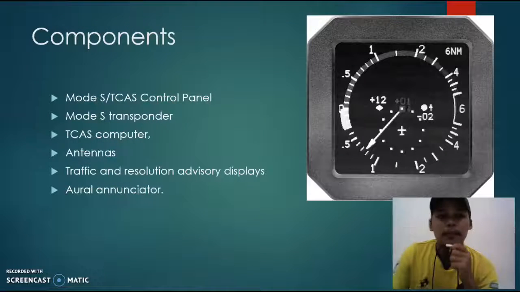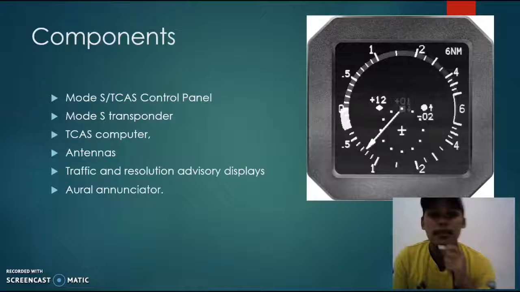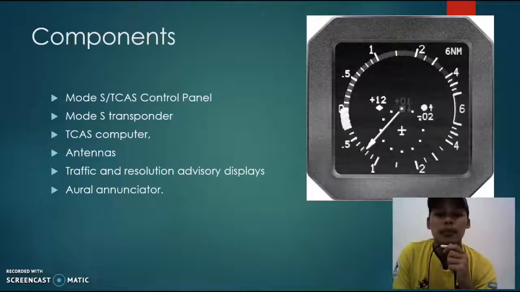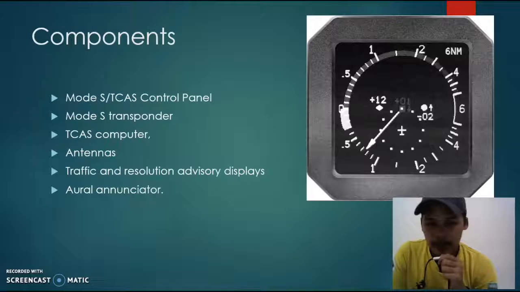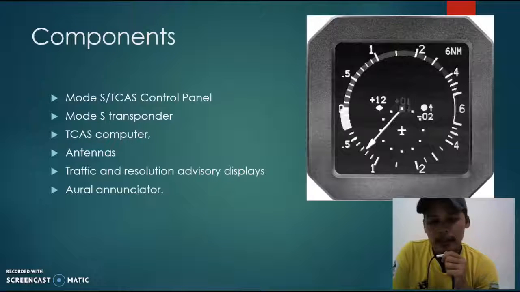And for the components involved in this TCAS 2 system, first, the Mode S and TCAS control panel that will be used for altitude reporting, identification and others. Mode S transponder that will provide data link for TCAS, and also Mode A and Mode C transponder. TCAS computer that consists of transceiver, antenna that consists of 6 L-band antenna, TA and RA display, oral annunciator that